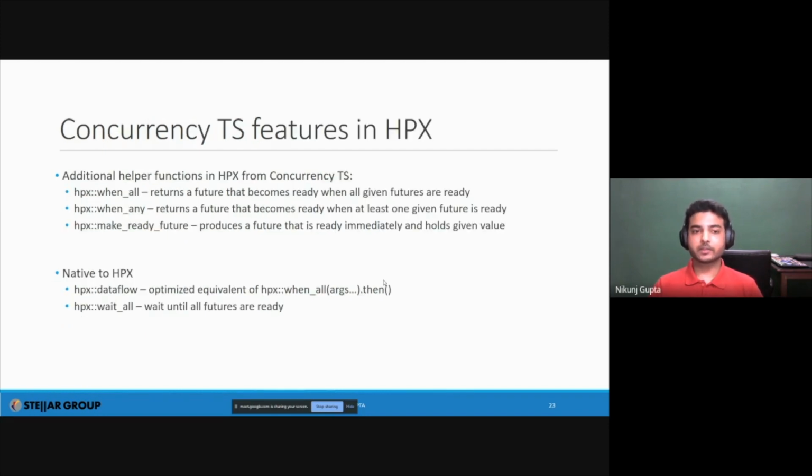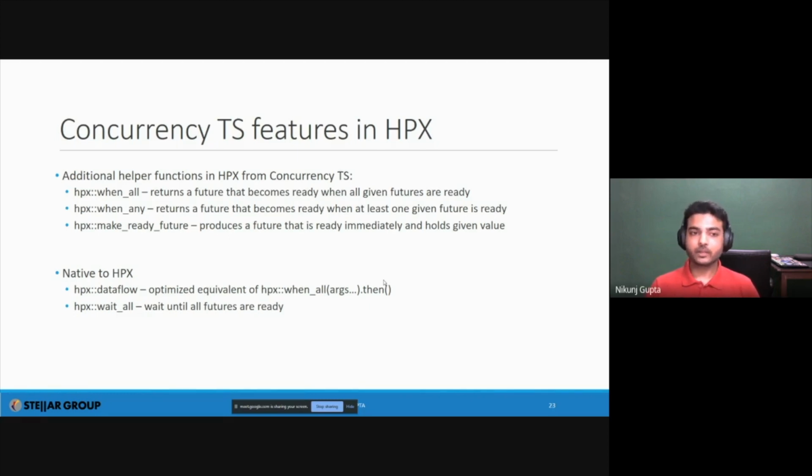The concurrency technical specification adds in a few more functions in the C++ standards. They have not been standardized, and I have a feeling that they won't get standardized anytime in the future as well. But yes, so concurrency TS provides you with more APIs, and we have implementations of those.